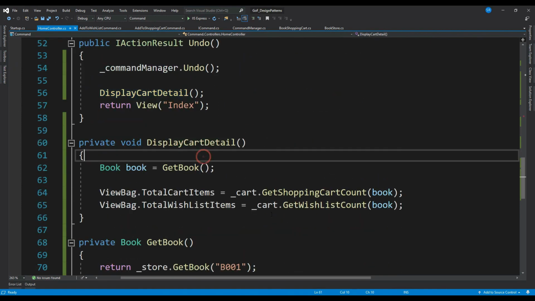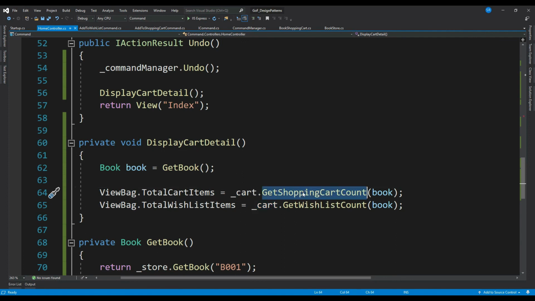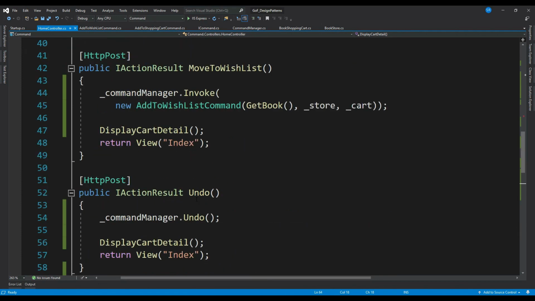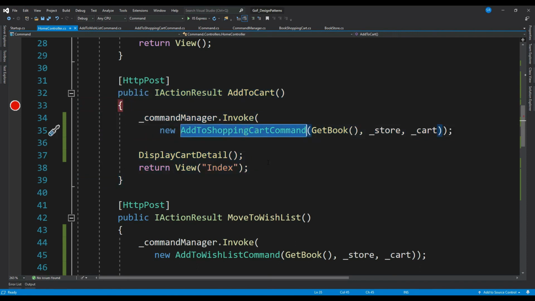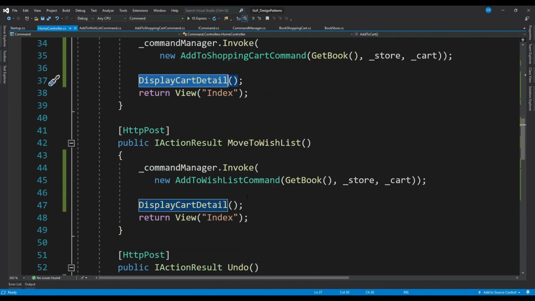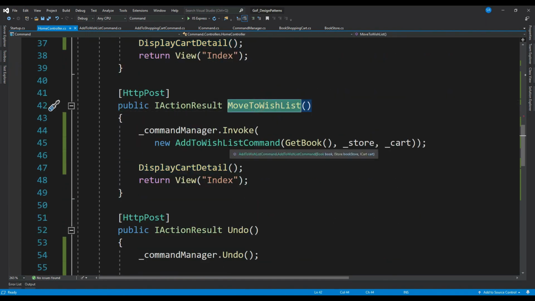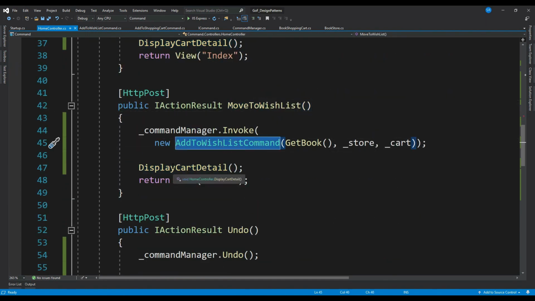It just calls our shopping cart and gets the shopping cart count and wishlist count and adds it to our view bag. Then add to cart action invokes our add to shopping cart command and calls the display method. Similarly, move to wishlist action calls our add to wishlist command and calls display cart detail.